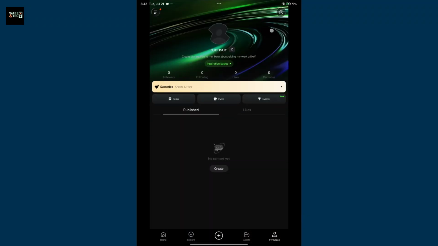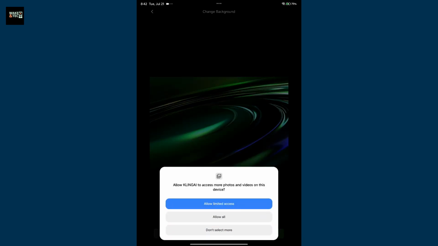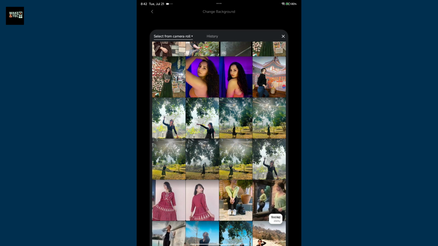You'll then be able to see the background image at the top of the screen. Just tap on it and you'll see this change background option. Click on Replace at the bottom right and it'll ask you to allow access to your device's camera roll. Just go ahead and allow all the accesses, and once you do, select the photo you want to use as